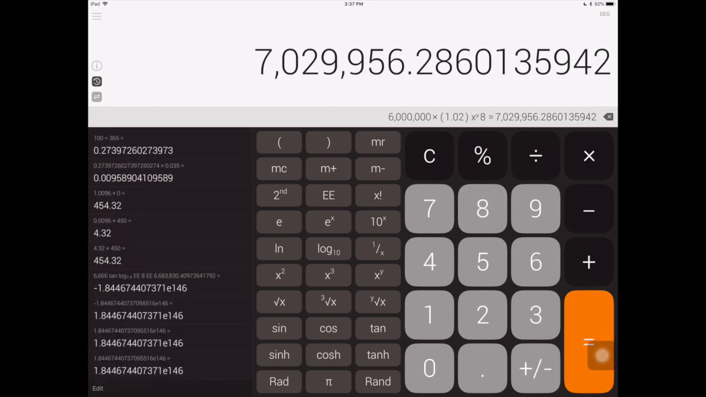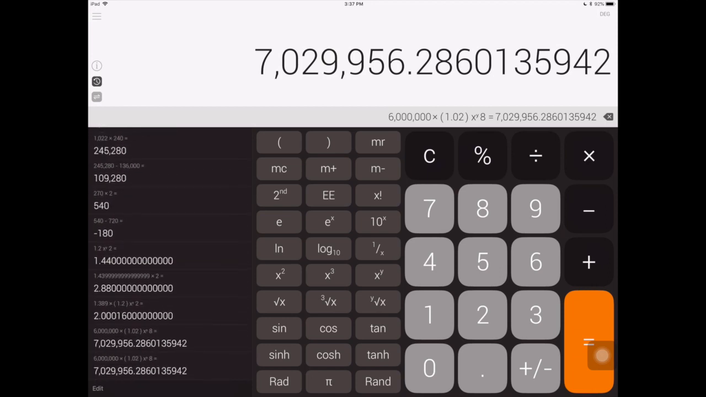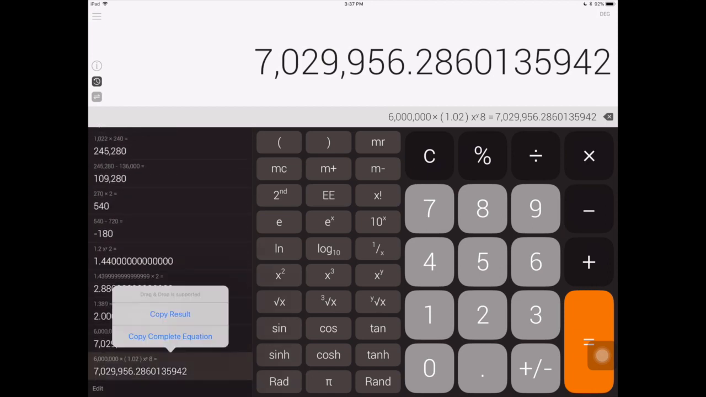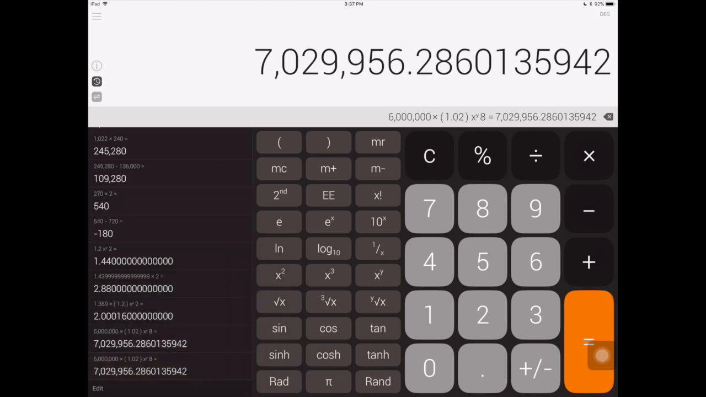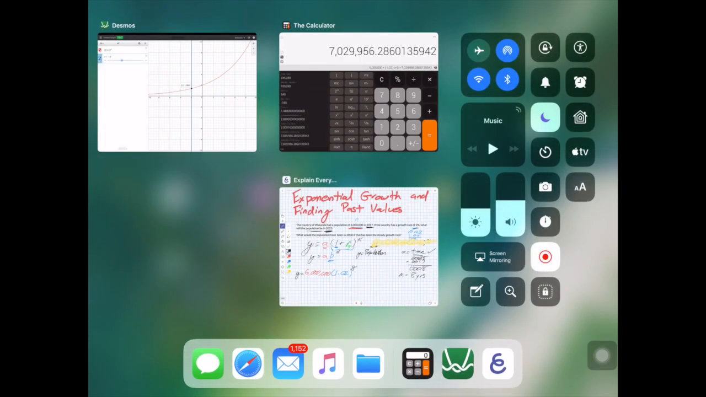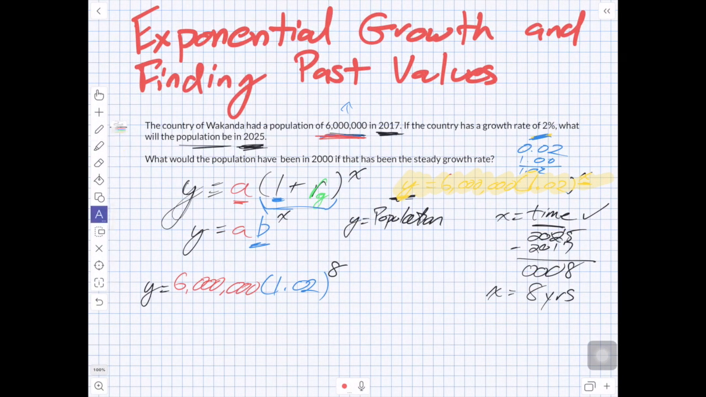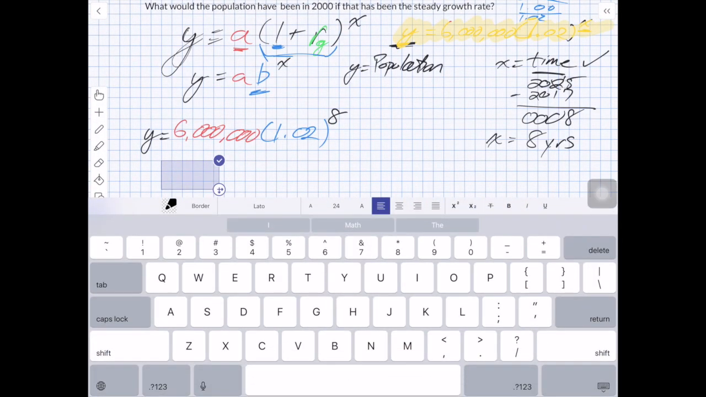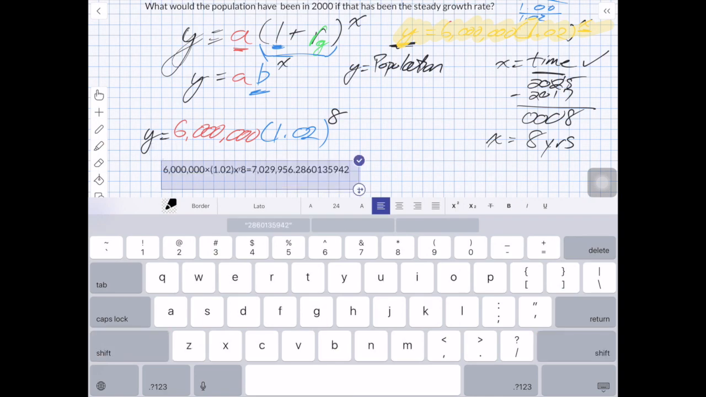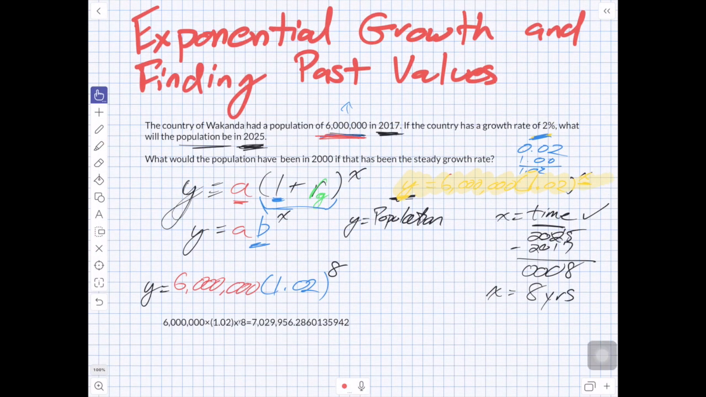So can I go up and get this from here? There it is. I'm going to copy the result, just copy this complete equation. Let's go back into here and let's edit what we have. Paste. Here we go. So according to this, as long as we've done this correctly, and we can double check this,